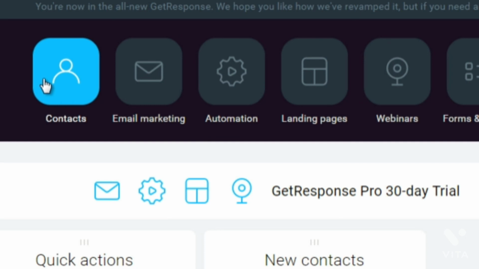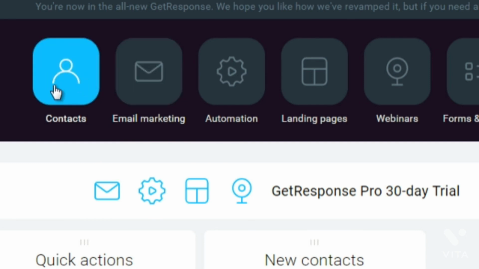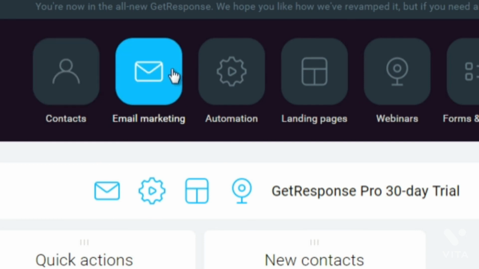Obviously, if they change the user interface, it will be slightly different. The basic plan is just going to give you access to the contacts, which is building your list, doing broadcasting, and creating autoresponder series. Now, what is